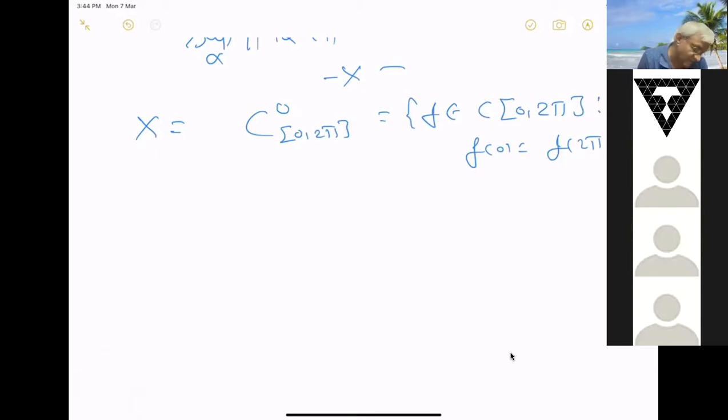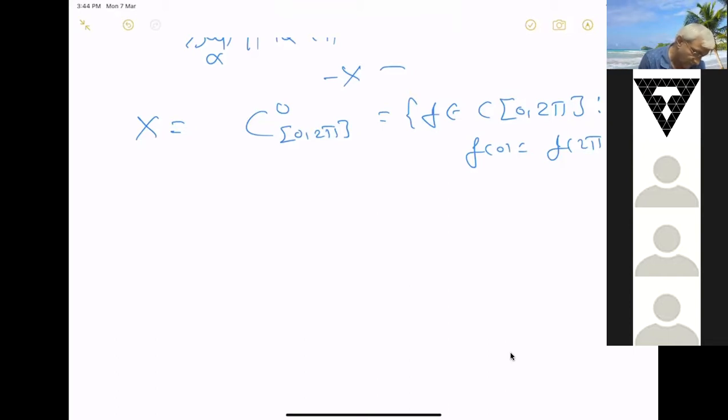So I'm considering the function space of continuous functions on the interval 0 to 2 pi, such that the values coincide at the endpoints 0 and 2 pi. This is a Banach space with respect to the uniform norm. Okay, this is a Banach space. And if you have an f in C, 0 to